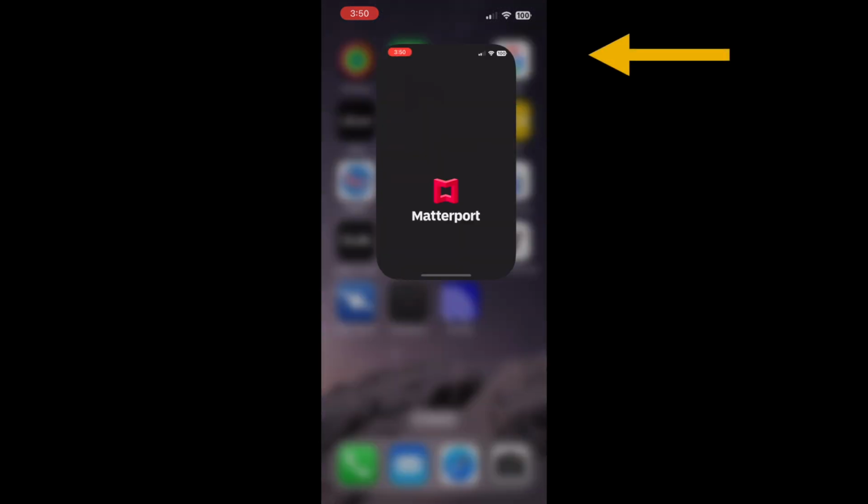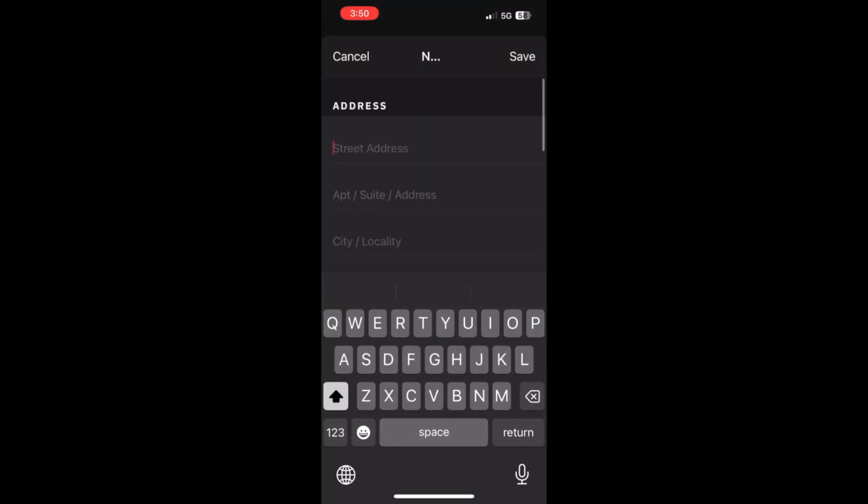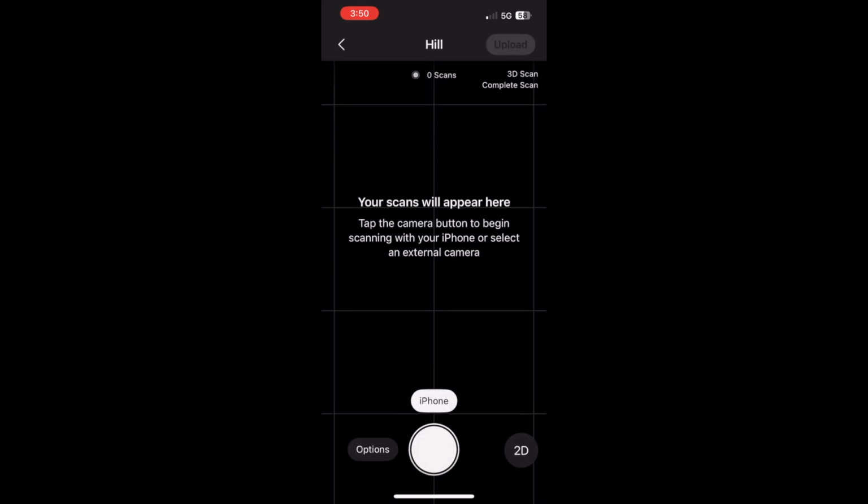So let's open the Matterport app and click on the big white button labeled New Job. Then let's just type in a name for the photosphere, let's say Hill. This name can help us identify the photosphere later on, but it will not be transmitted to Google Maps. Once we tap Save, we get back to the home screen for a second, and then the recording screen opens